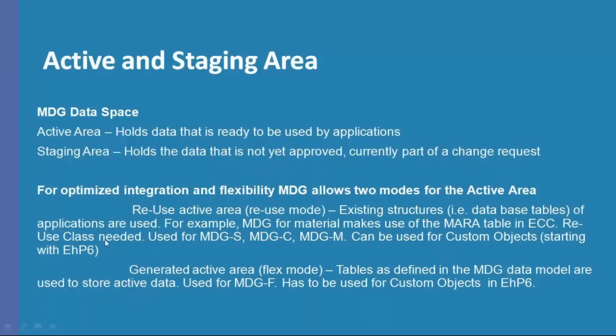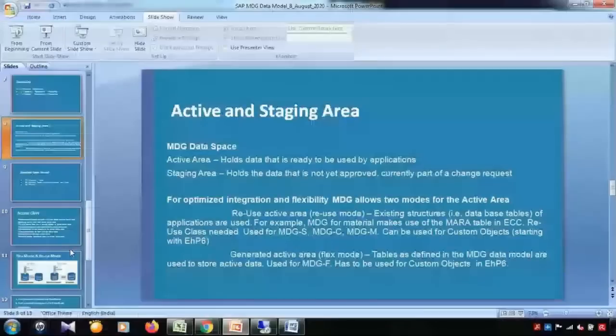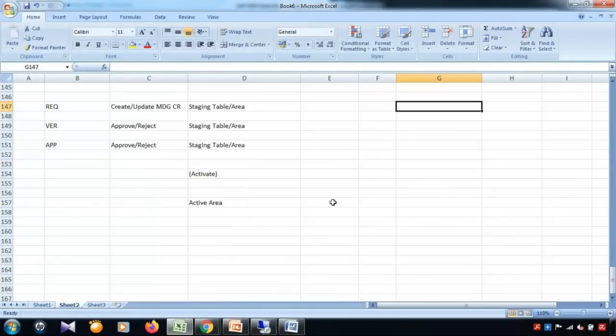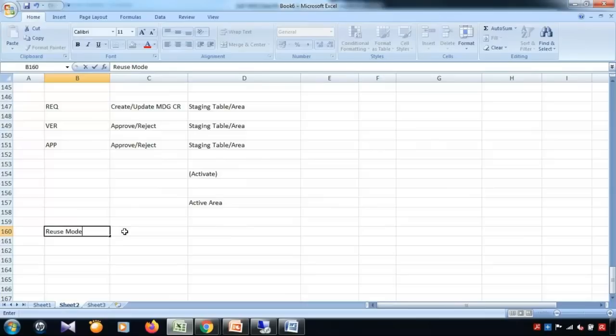The reuse mode is used for MDG supplier, customer, material, and can be used for custom ones as well. Let me help you to understand. So there are two concepts, reuse mode and flex mode. So basically reuse mode is,